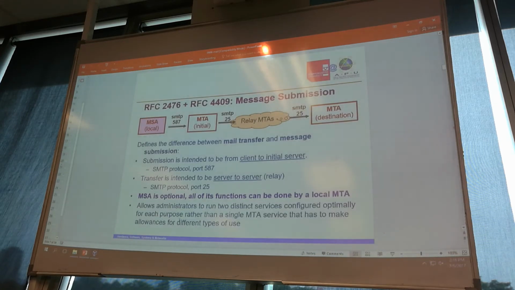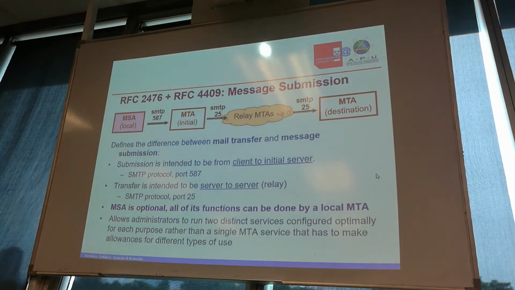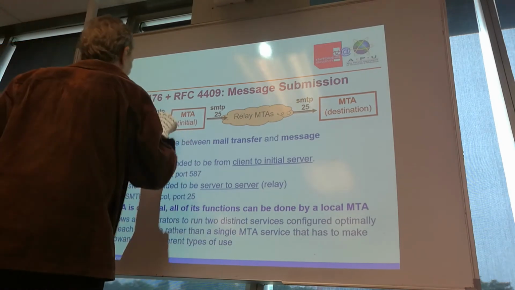Right. Okay. Submission is meant to be from the client to the initial server, and transfer is intended to be relay, server to server. Okay? The idea here is that we can do whatever we want